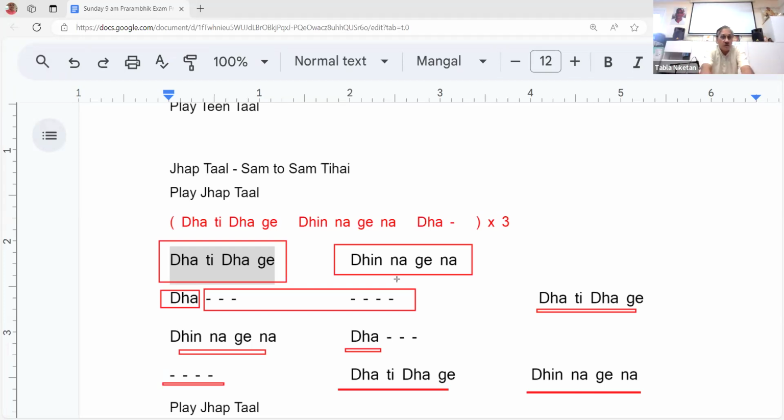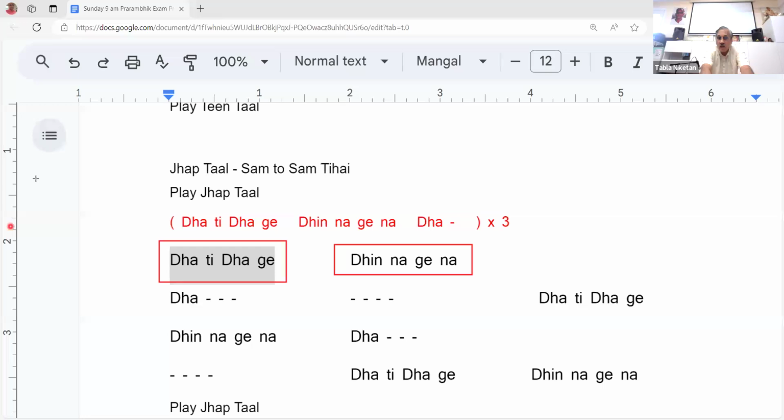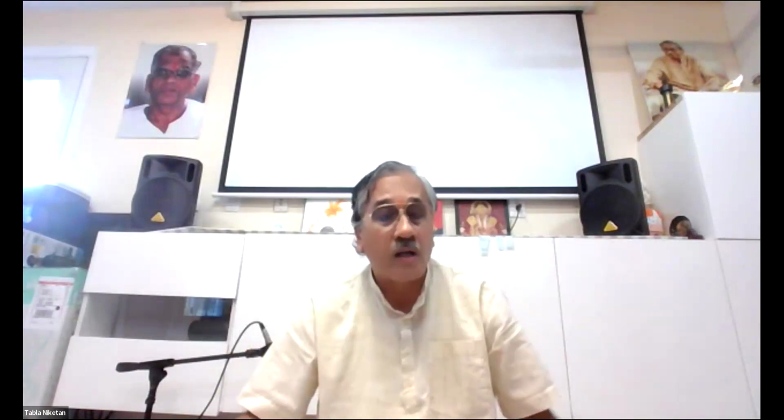Any question before we stop today? Did you understand the concept of sum to sum TI formulation? Everybody? If you have understood the formula, you can create sum to sum TI in any tal. It's that simple. Okay. So next class, now we'll start revising everything. We didn't play that. We'll play tomorrow, next class. But we have finished your complete syllabus. Now next class onwards, we'll just keep revising.